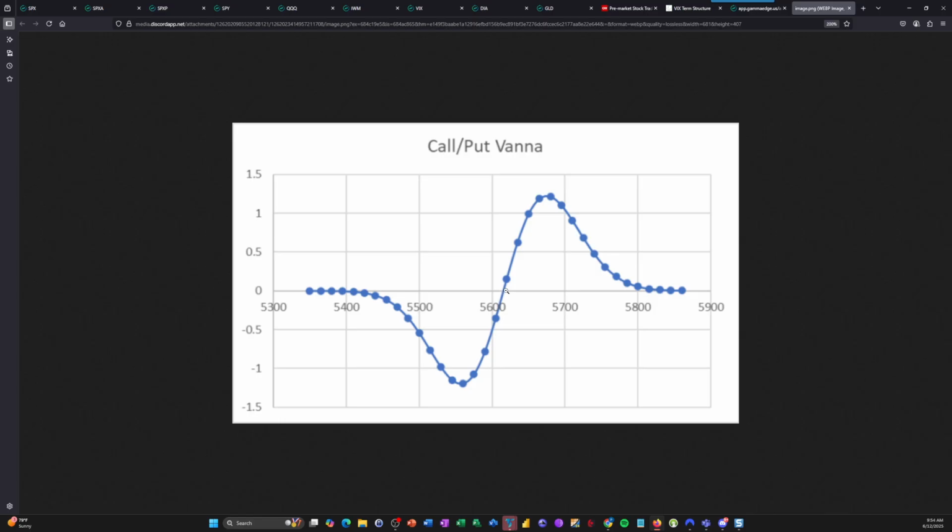Vanna and Charm are second order functions that are zero at the money. So you can look at any Vanna graph or any charm graph, and where it crosses the zero line is where spot price was set in that particular model. So when you're at a 50 delta, there is no change, there is no contribution until you start moving one direction or the other. Now Vanna, what we're talking about here is you have a magnitude in the right hand plane, which is on the call side, the out of the money call side. You also have a magnitude in the left hand plane, which is on the out of the money put side. Now, why is this construct important, right?